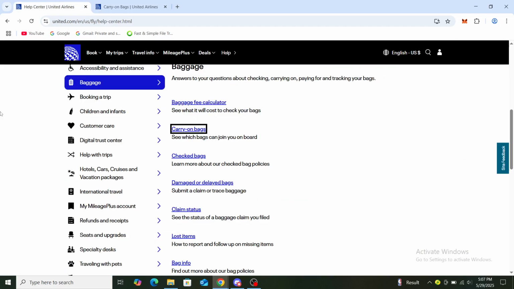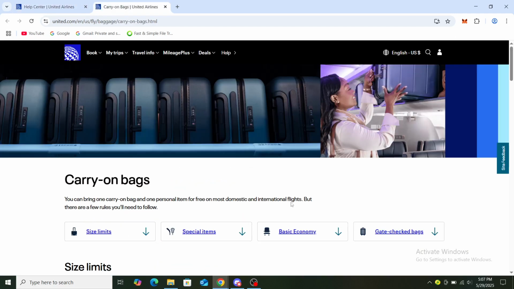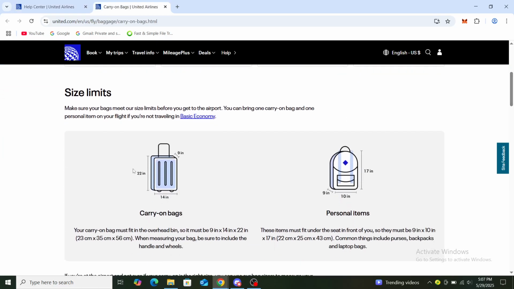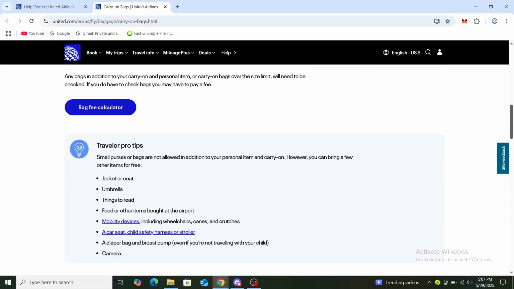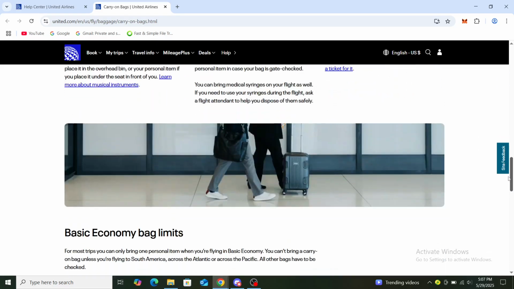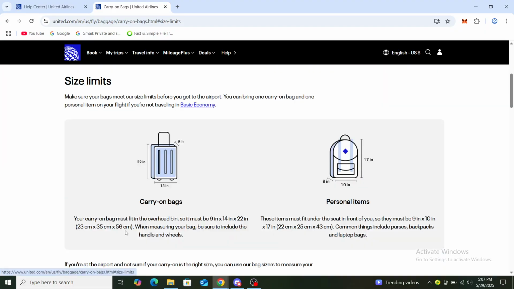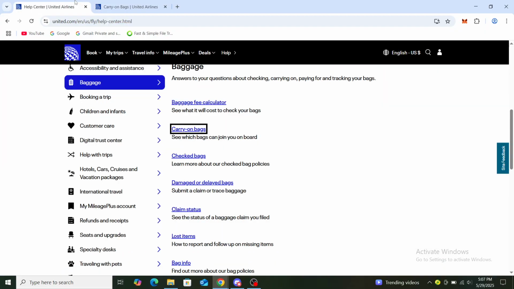So on there, you will see how much, so you can see what's a carry-on bag, what's a personal item. So you can see the dimensions of it. You can see the bag fee calculator on there. And if you wish to actually go ahead and find and add more,